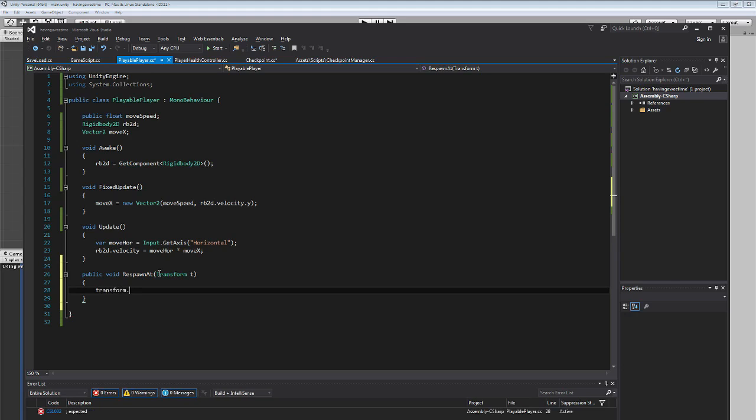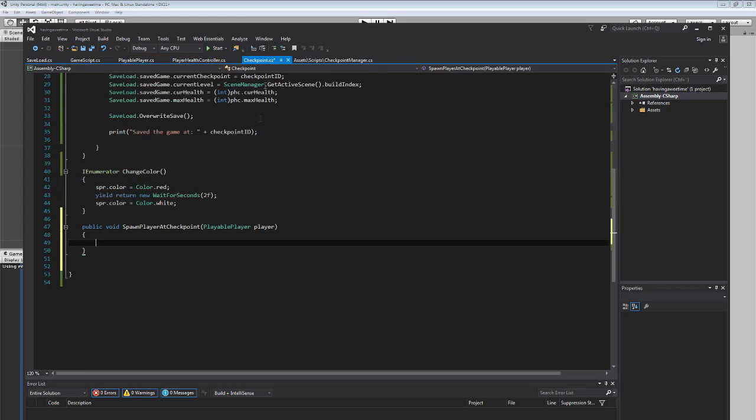We say transform dot position of this object is equal to t dot position, and then we simply go back to the checkpoint and say player this instance of the parameter or whatever, and say respawn at the checkpoint's transform. And that's basically it for now,